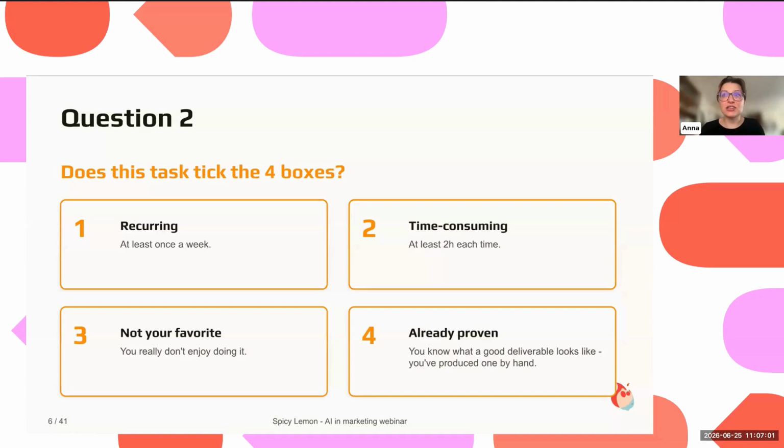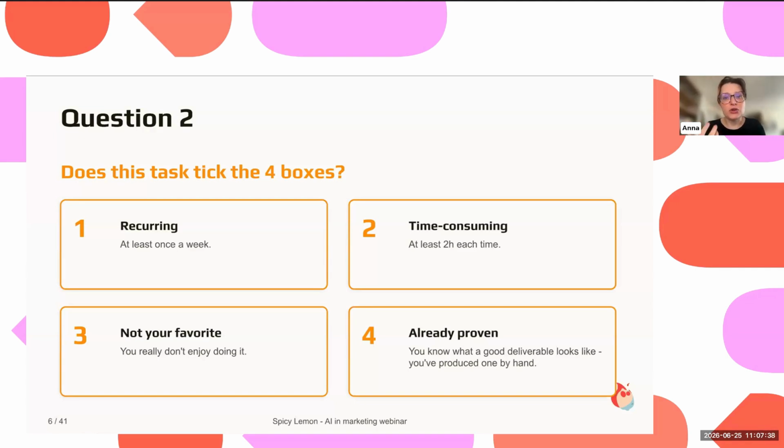Your task you don't like doing, and that has already been proven. This is also a very important point. You should do automation only once you have already done and experimented this type of format. To give you a very classic example coming from our marketing world, if you are willing, for instance, to automate your LinkedIn post creation, you should at least know who you would love to get inspiration from regarding the tone of voice, or you should, in the best case scenario, have already a few posts written by yourself, knowing why some of those posts are good and sound good to you, and why others sound less good to you.